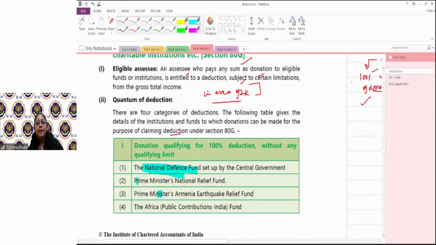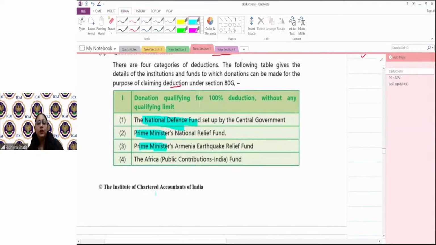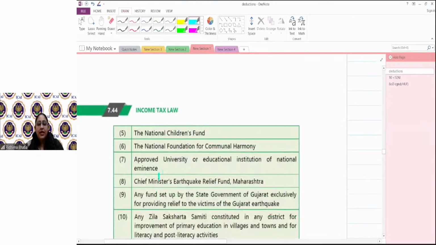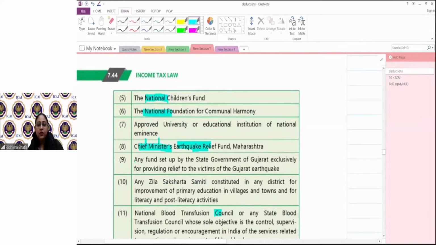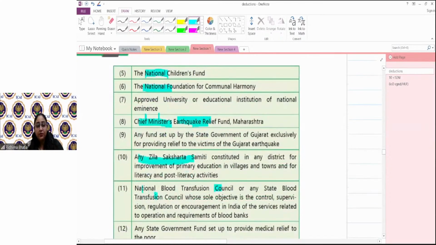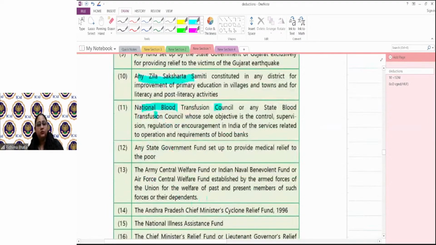National Defense Fund, Prime Minister se related, all the funds are coming. Prime Minister Earthquake Fund, Africa ka Public Fund is there, National Children Fund, National Foundation, Chief Minister's Earthquake Fund, Gujarat Earthquake Fund, any Zilla Samaksh Samriti Fund is coming, National Blood Fund, Medical Relief to the Poor State Fund, Army Fund,